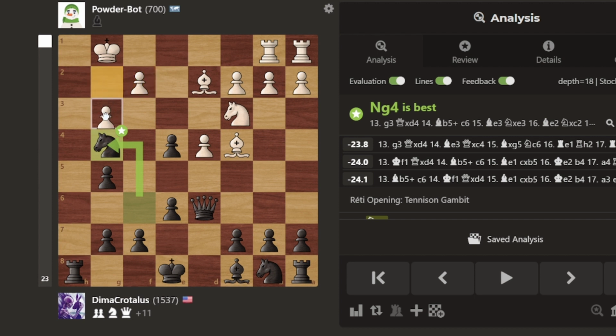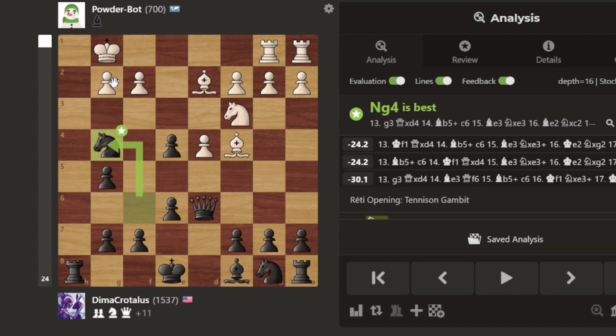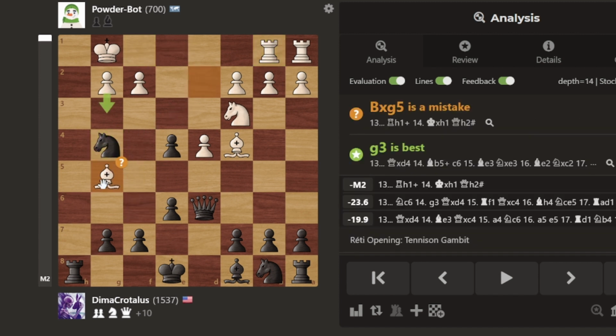I mean, maybe he could move here. This is considered the best move for him, g3, but there's really not much he can do in this position because his pieces are all on the right side and his king's just left unguarded on the left side. So he just takes the pawn that he should have taken a long time ago, when my knight was still on f6 and my queen was still on d8. But he just blunders the game basically because now there's a mate in 2,